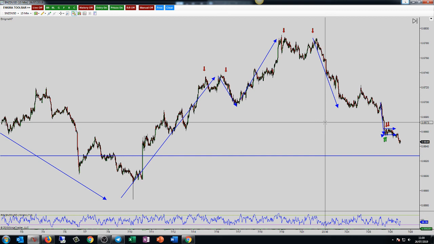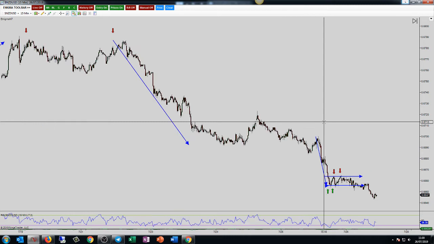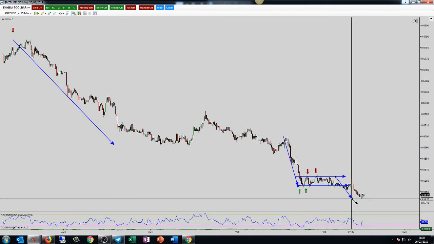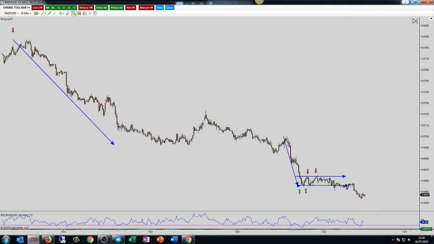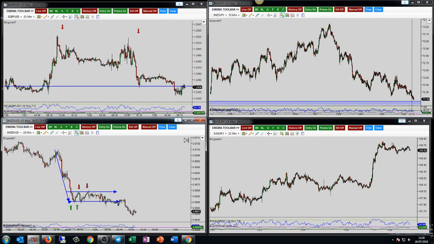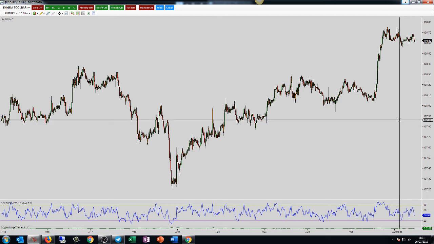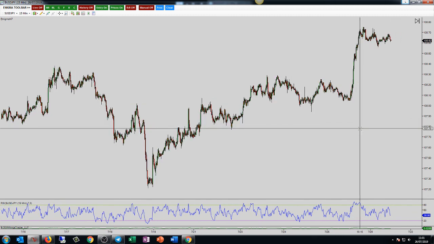Yeah, so I'm really loving the breakout patterns. Well done to Sarah for being in the New Zealand dollar trade. I think it was only a small trade. What did you bank? Maybe 15, 16 pips, something like that. But it's 15 or 16 pips more than I have. Dollar yen. Let's take a look at the dollar yen. We'll make this last one, guys. As I say, it's 15 pips more than I have.